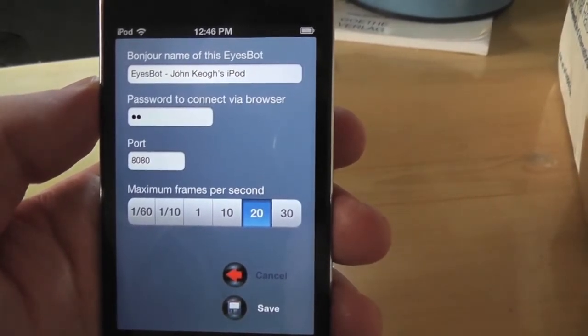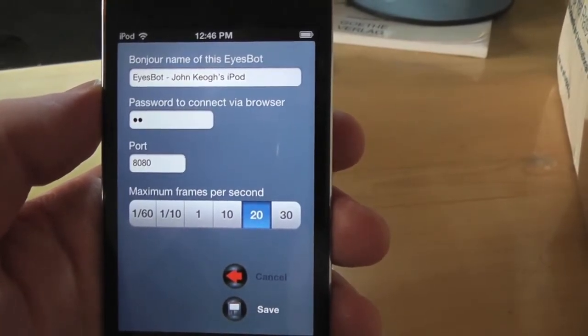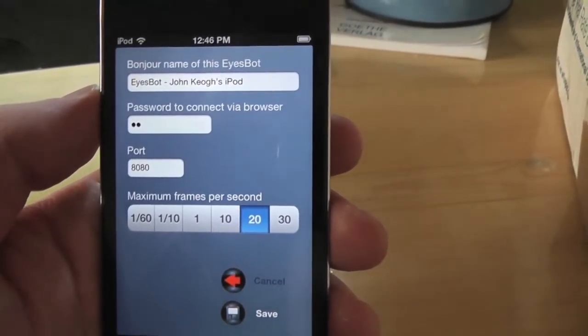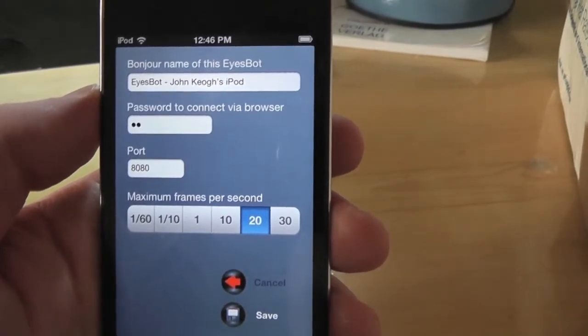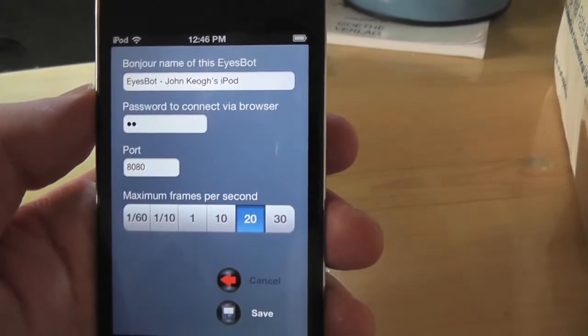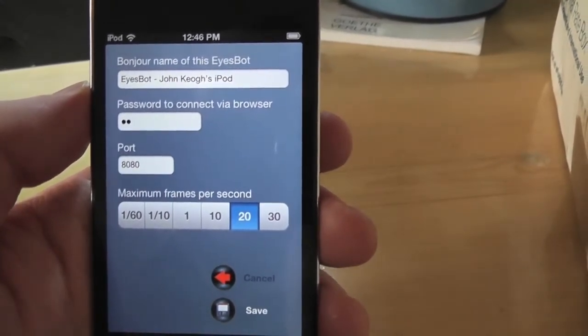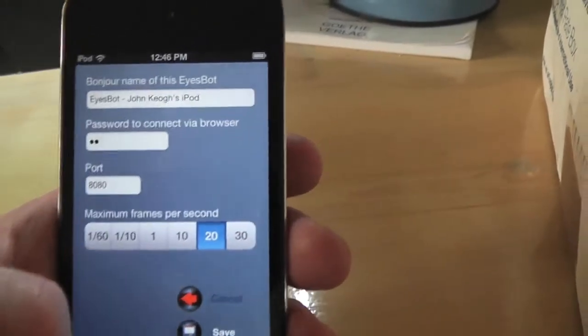For an older iOS device, you probably want to keep it throttled because the higher the frame rate, the more the power consumption, and also the more taxing it is on the device. So 20 should give you pretty good results. So let's save this and